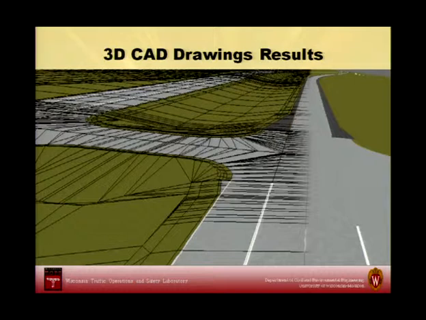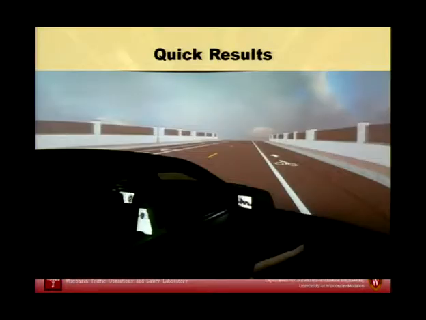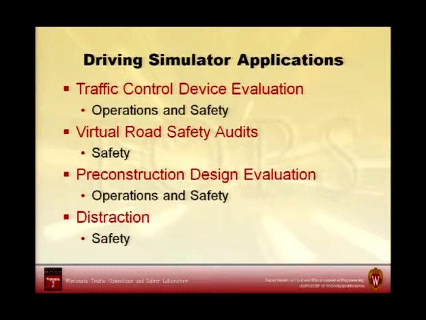So this is just an example build out of a divided highway system that we're working on to show you how, in a very crude form, we can get the contours and the slopes and that type of thing in the system and create, so this is a bridge that went into this connection. So you can begin to create some excellent, very realistic looking environments to help in the overall analysis of whatever it is that you're trying to look at.